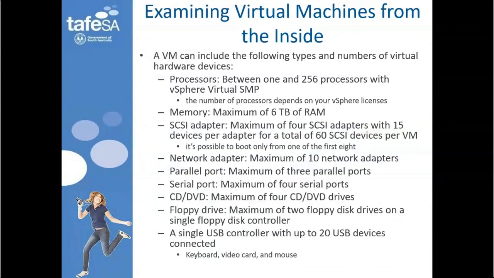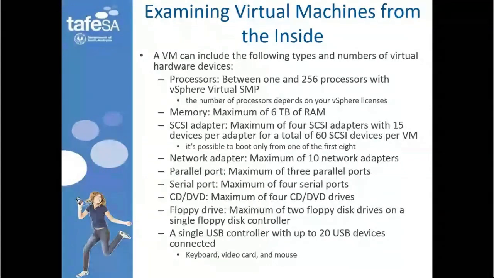A VM can include the following types and numbers of virtual hardware devices. Processors: you can have between 1 and 256 processors with vSphere Virtual SMP. The number of processors depends on the vSphere license you've got. So obviously, the more processors you can give to a virtual machine, the more work you can do. If we have a system with lots of processor cores, I'm not talking about individual CPUs now, I'm talking about cores. That's a huge number, 256. But if you think about it, even our i7,